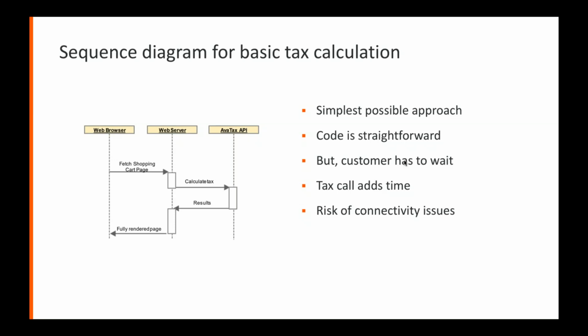So really, in this particular sequence diagram, you've got the challenge that your entire process is waiting on AvaTax. Everything is put on hold while AvaTax calculates it. So if you've got 50 milliseconds on the server side, if you've got 70 milliseconds on the server side, if you've got 100 milliseconds network latency, if you've got 200 milliseconds network latency, every one of those milliseconds is holding the customer back. Yeah. So really what we're trying to do is find a way to do this without holding the customer.